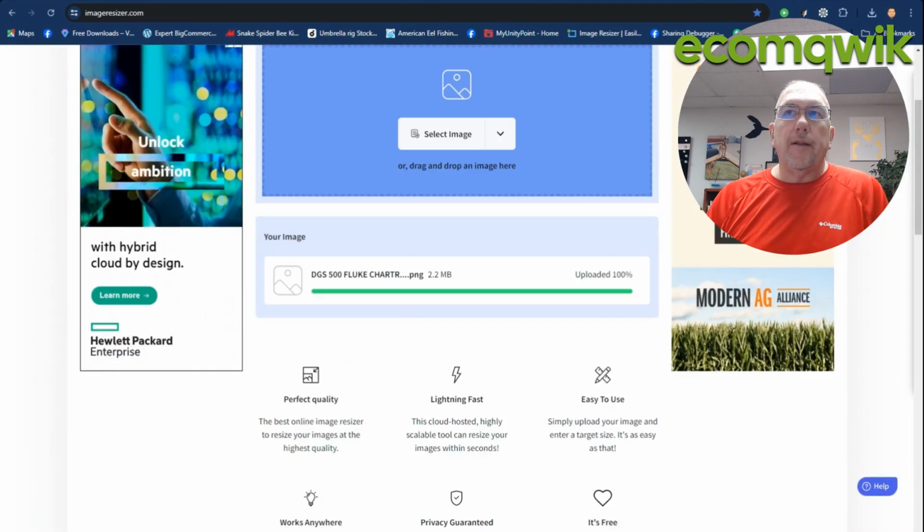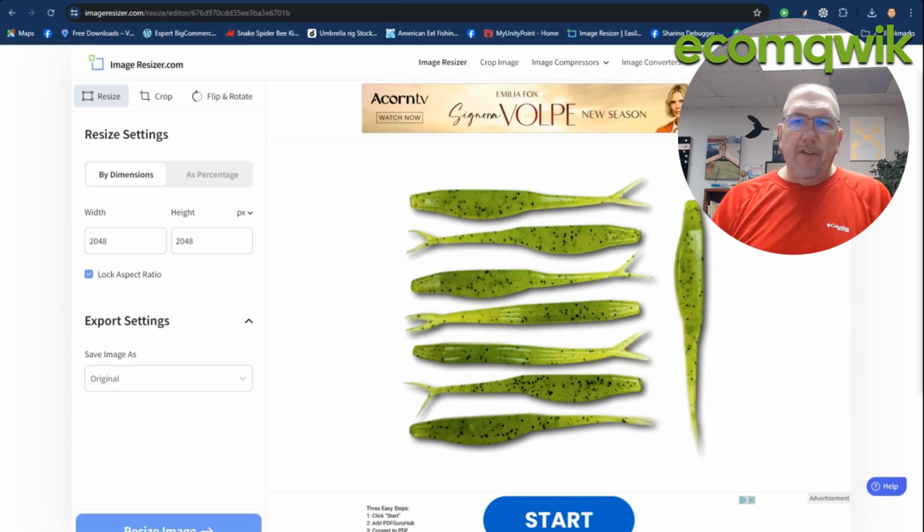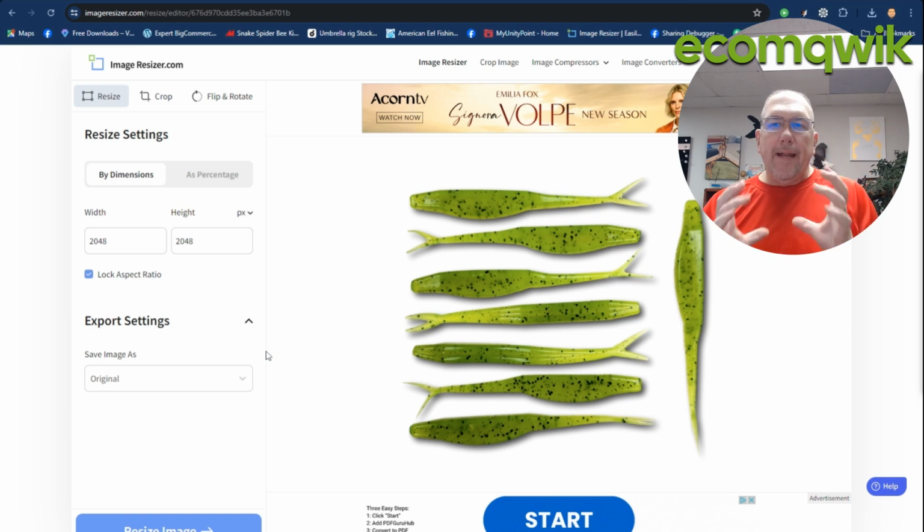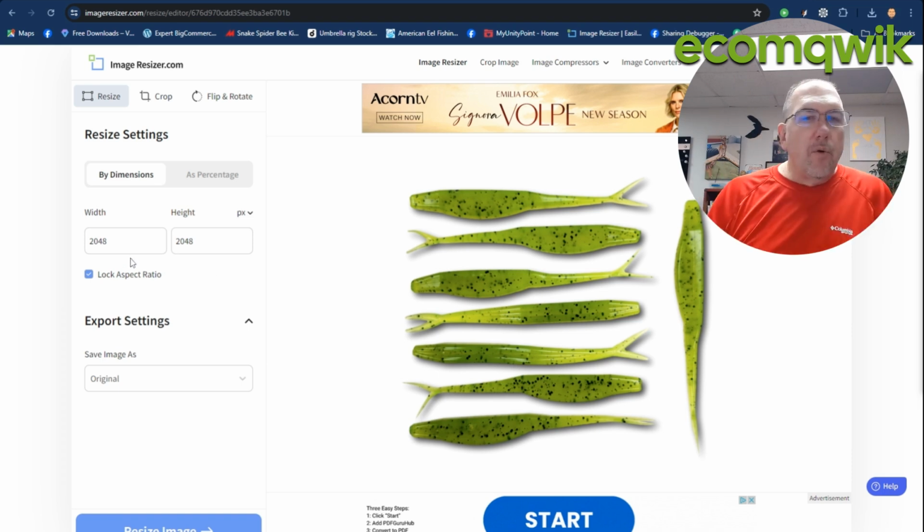This is one of our product images that we've taken, we've cleaned it up, it's ready to go on the website. You can see it's 2048 pixels by 2048 pixels. We don't need it to be that big on the screen, right? So we're going to resize this to 1,000 pixels,